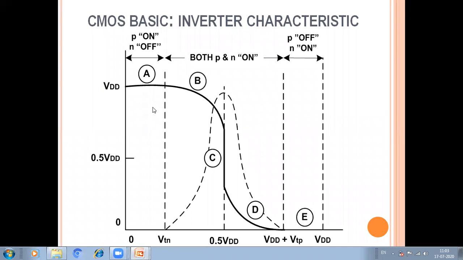Actually, we know that when we apply 0 as input to the CMOS inverter, we know that in the case of the CMOS inverter,